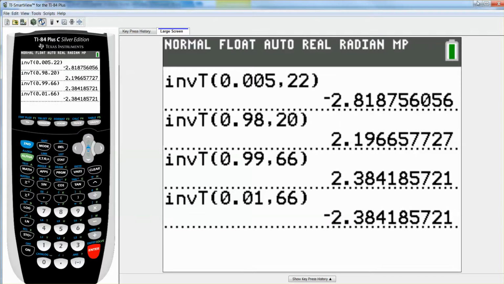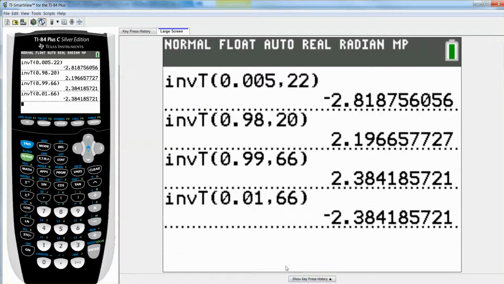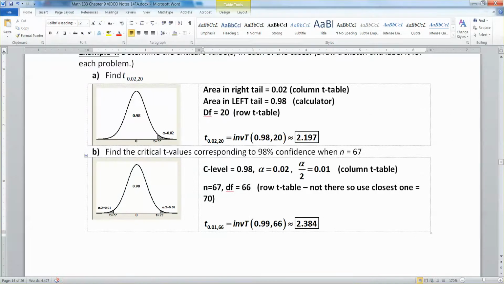If you get the negative one, just make it positive. It doesn't make any difference. So you get 2.384. From the table, it's not as good. It's 2.381. Not terrible, but not as nice as having it from the calculator. Of course, on your exam, I will want the exact answer if you have a calculator, but if not, then you can